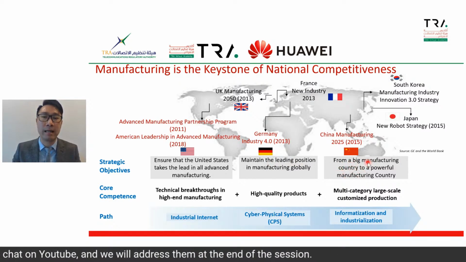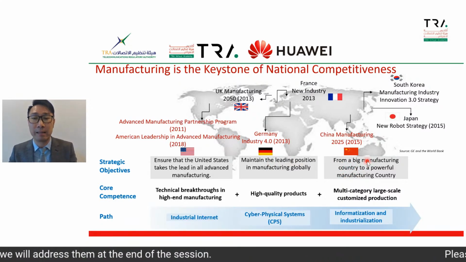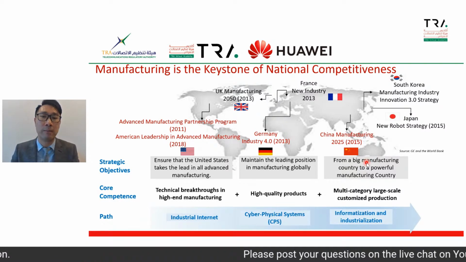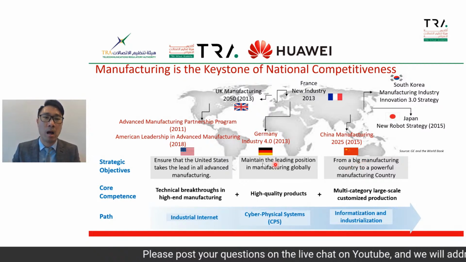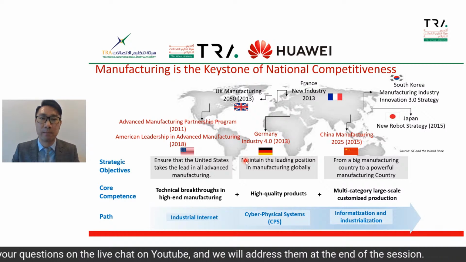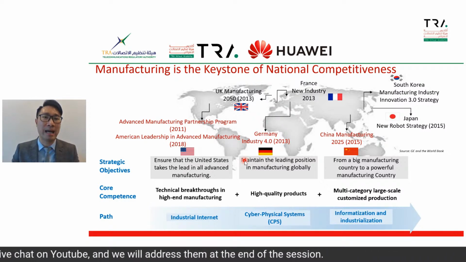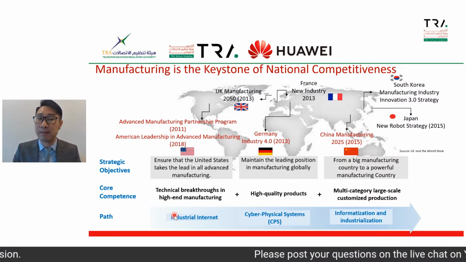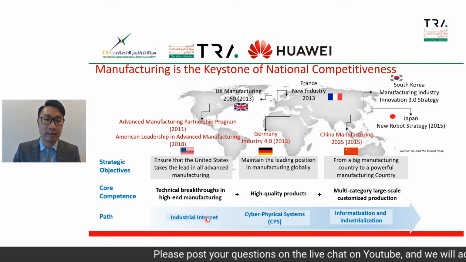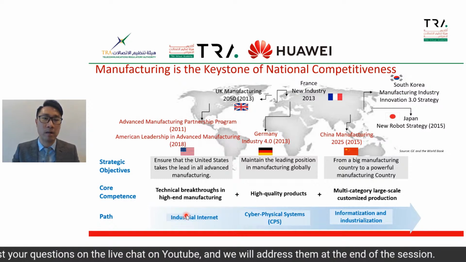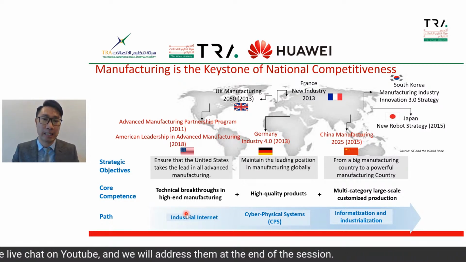And for China, they are trying to go from a big manufacturing country into a higher level manufacturing country. So all the countries have different targets, different milestones, but what they are trying to achieve their target. So basically, the path they are going through is the industrial internet. So basically, they are trying to connect their equipment in their manufacturing to the internet